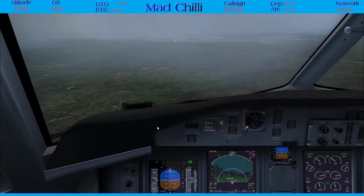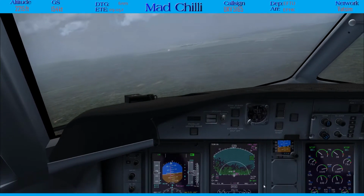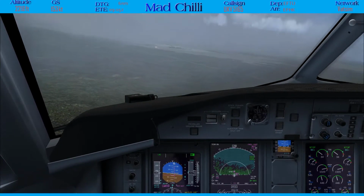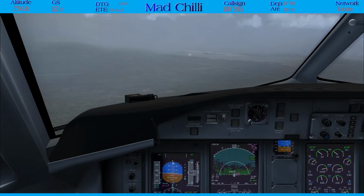And this thing's actually started the approach. We can go ahead and disable the autopilot now and take this over myself. There is a 6 knot crosswind right now. So not the nicest of weather. Well, there's no nice weather to be flying this thing in. No such thing as nice weather, but